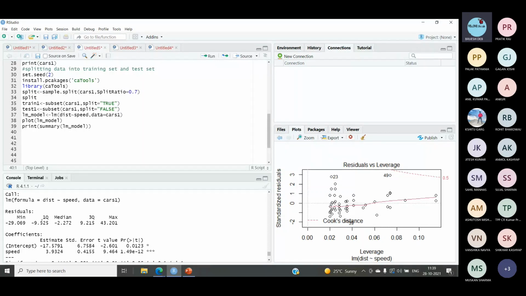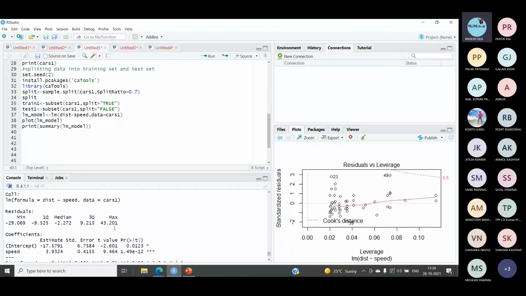For the first quartile it's minus 9.52, for the median it's minus 2.27, for the third quartile it's 9.21, and for the maximum it's 43. Maximum residual error that can come is 43.